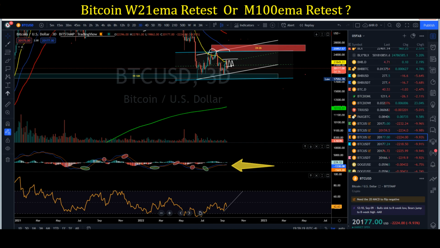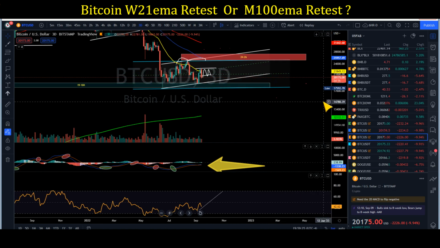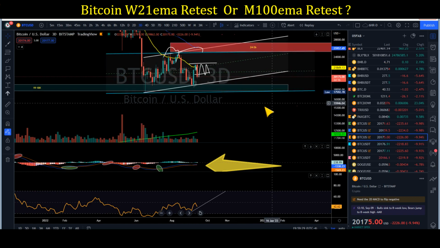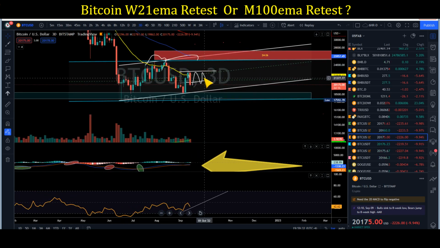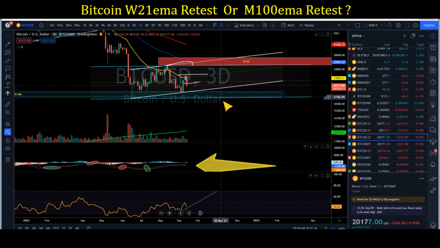In today's content, I will talk about BTC on a 3D basis, on a weekly basis, and on the monthly time frame and all that good stuff. Okay, so we're going to start with the 3D time frame. We just got a big rejection after the CPI release. Most people were expecting the CPI to drop 0.1%, and it pumped like 0.1%, and the market basically had a negative reaction to that.